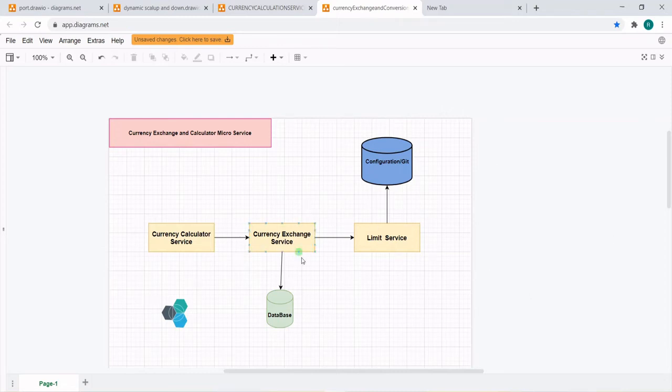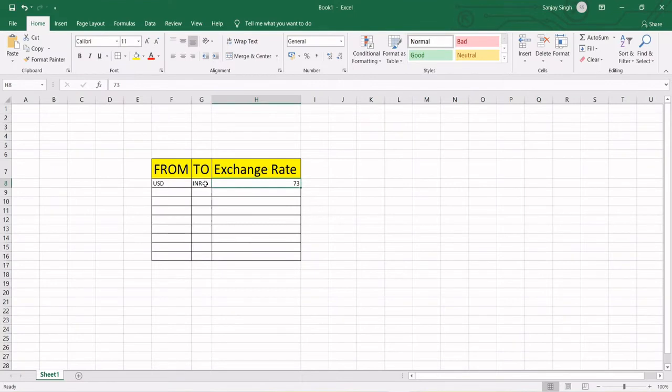So in the previous step, we created a couple of microservices, including a currency exchange service, which takes input from the client, like the from and to currency, and based upon that it goes to the database and derives the exchange rate, the exchange value. Suppose you give the input USD to INR, it will return 73, right? So one USD converts to INR at an exchange rate of 73. In the last session we saw that.